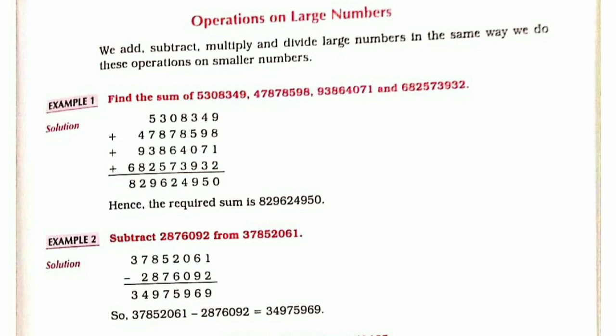Now here, as you can see in example number 2, he has written the bigger number on the upper side, which is written here after 'from'. So this number will come on the upper side and the first number will come on the down side, and then we simply subtract that. I hope you know how to subtract numbers. So now the same procedure we will follow in the exercise question also.